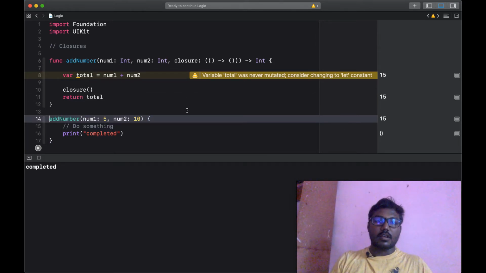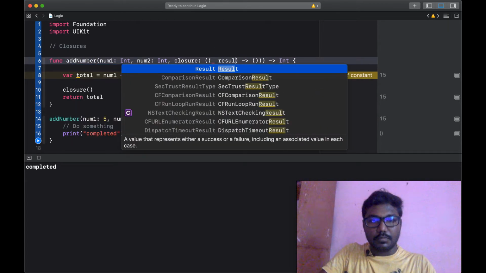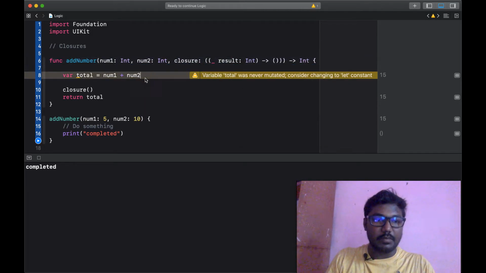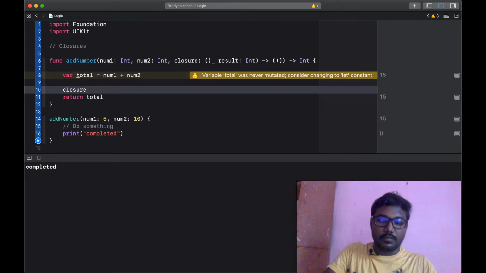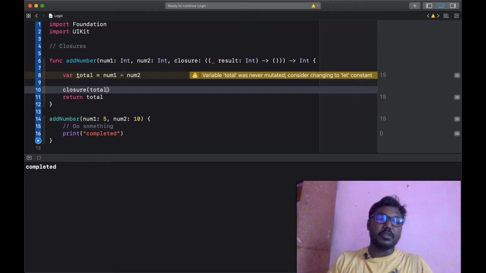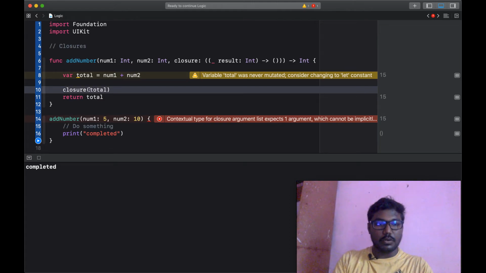Likewise, we can call the empty closure, and we can also implement some input params to pass values into the closure function. How? We can add some value param, like a return result as an integer type, and we can call the closure function by passing the integer value to return it on the closure.